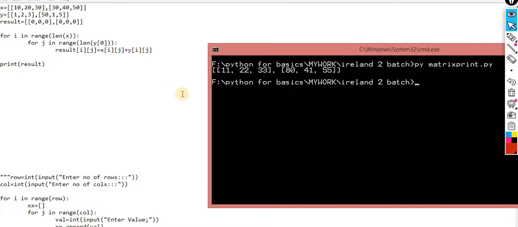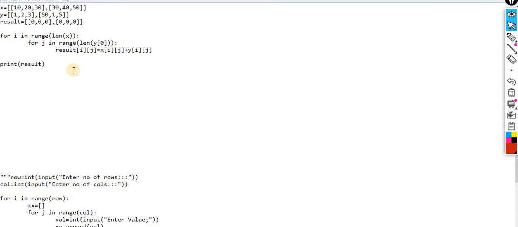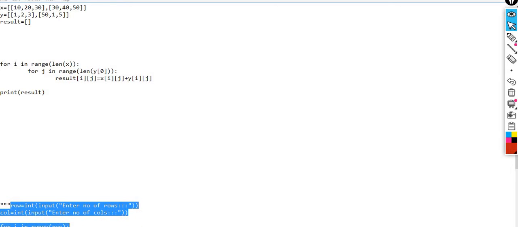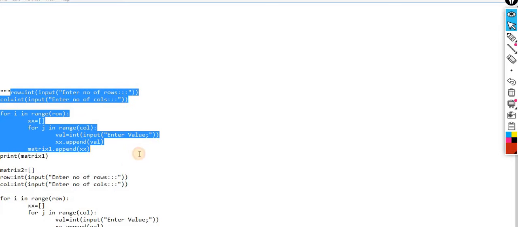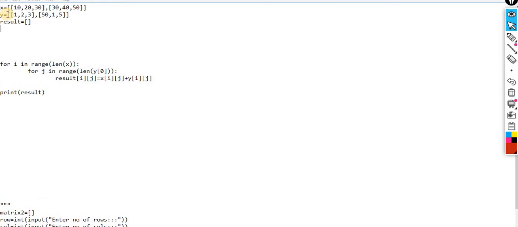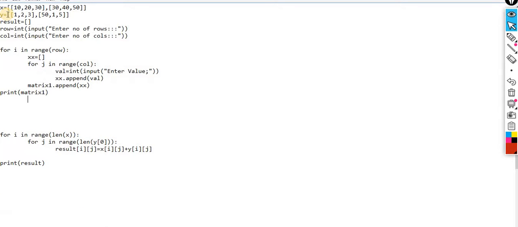Okay, so do you want the entire process from the start, from scratch? Okay, I'll show you the entire process. So dynamically, I am creating these values. This one is my logic, and this logic is for matrix 1. I'm cutting it. It will become very lengthy code because we don't know the concept of the function. If you use a function, then it can be easily performed, so don't worry about it.